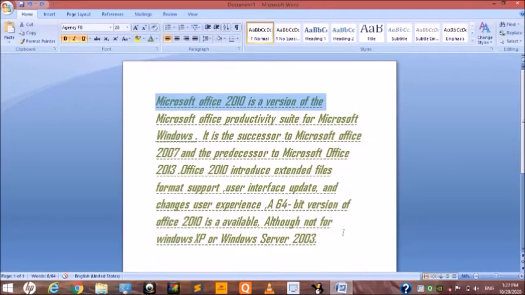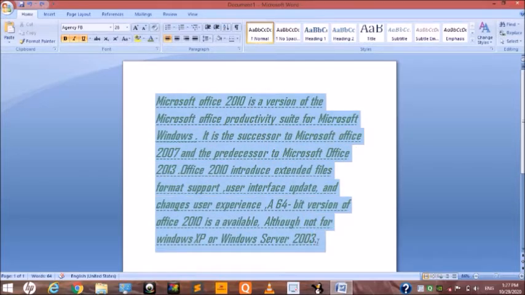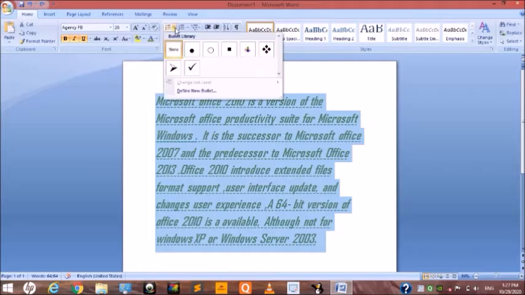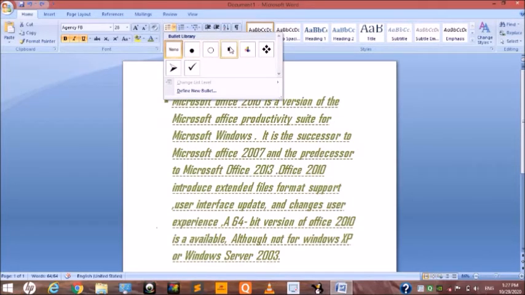The next is the bulleted list. First, click in the document at the list position and click on the bullet drop down option to open the bullet library. This is our bullet library. I select this bullet.